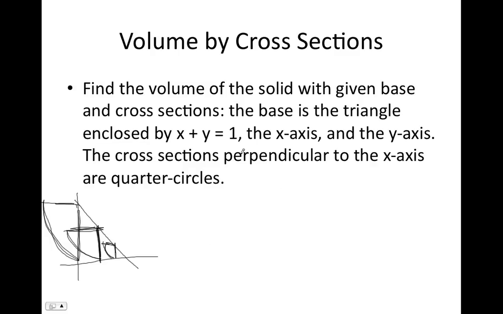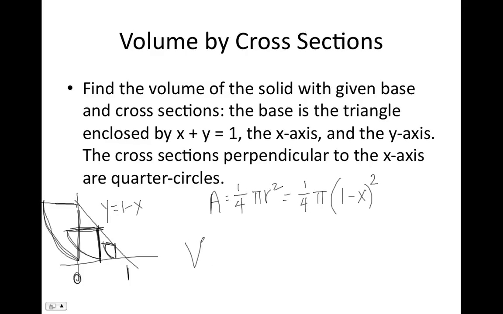Okay, so what I need to do is find the area of one of these quarter circles and then integrate that area from 0 to 1. The area of a quarter circle is 1/4 pi r squared, and the radius of any of these circles is going to be this distance right here. Well, that distance, top minus bottom, is 1 minus x minus 0. So that's just going to be 1/4 pi, and then that radius is just (1 minus x) squared,